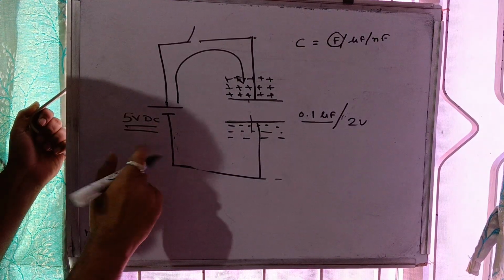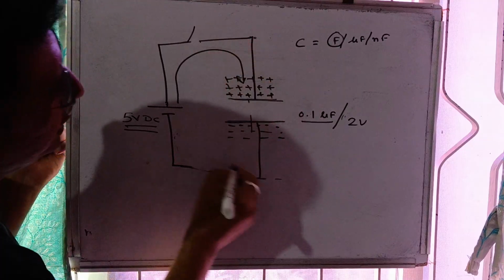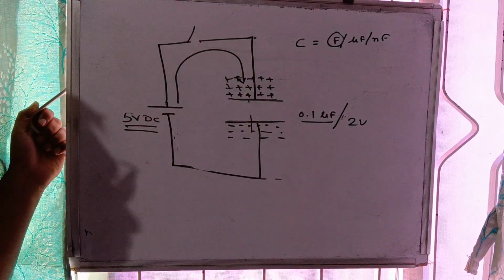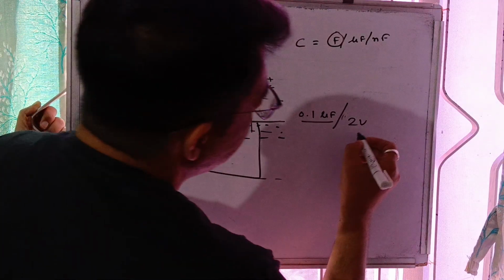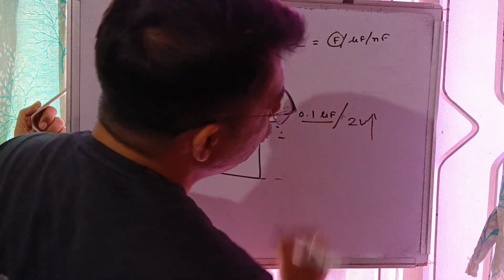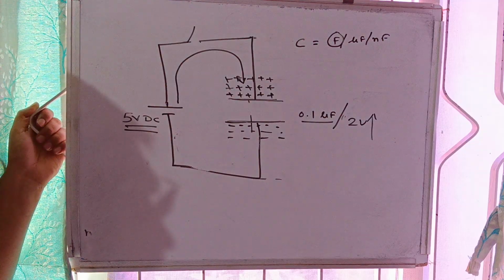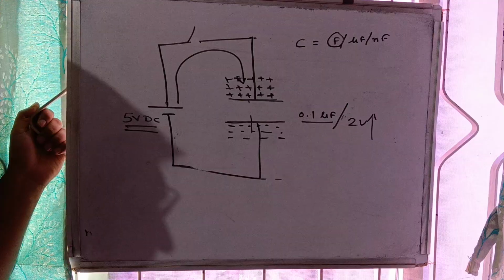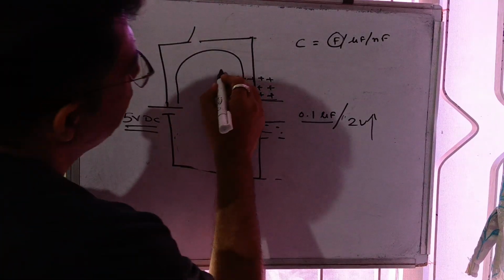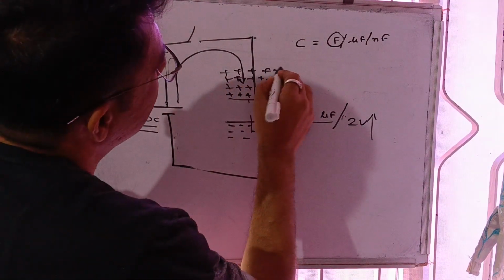So initially it will keep on accumulating the charges until 2 volt, which it will hold. The moment the voltage increases above 2 volt, what will happen? The charge accumulated will be more here,